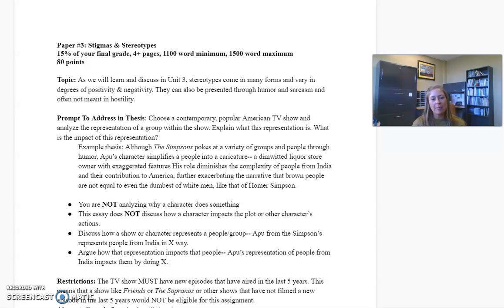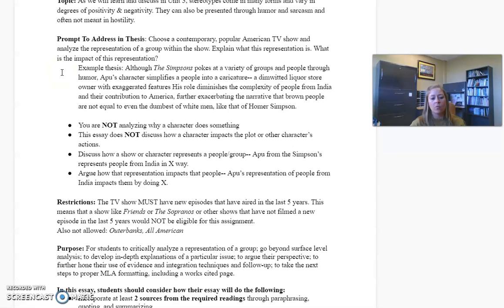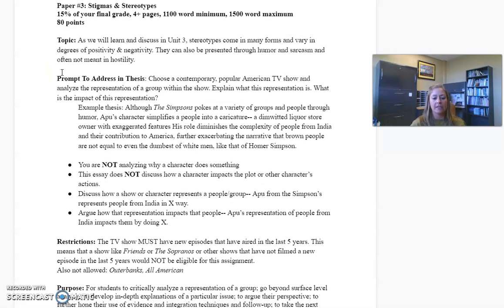Everyone, and welcome to paper number 3. Today we are going to be really focusing on the aspect of the prompt just right here on this first page. And really what that means is that we're going to be looking at what the topic is and what our purpose is. So for any of the other details, you are going to want to address the prompt file itself, because this lecture is not going to go over that.